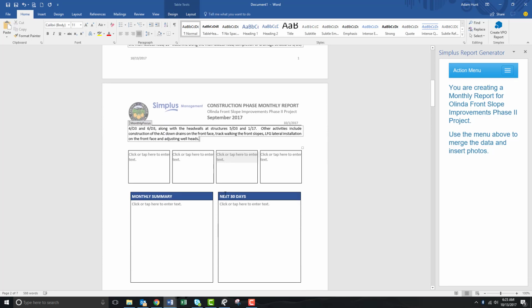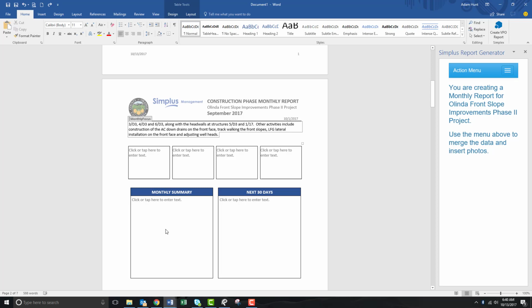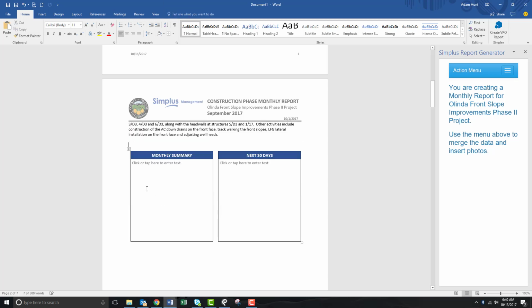After I've completed my monthly focus, I'll continue formatting my report. So next I want to enter some pictures, so I'm going to delete this table here. I'm going to delete this table here